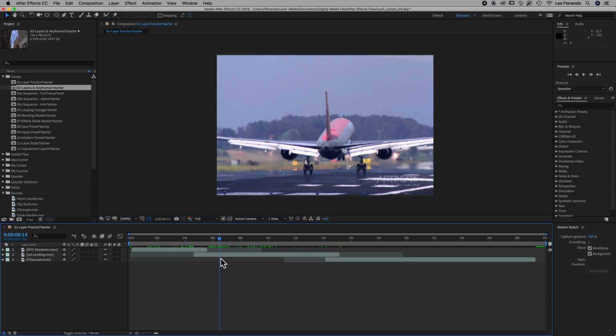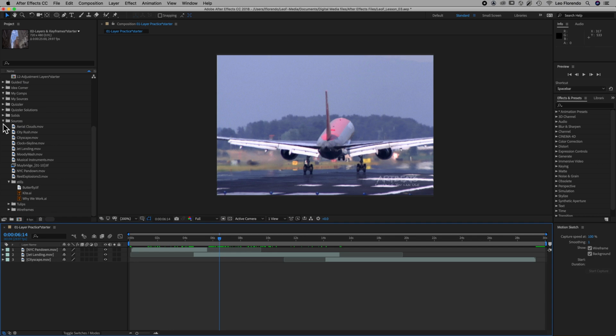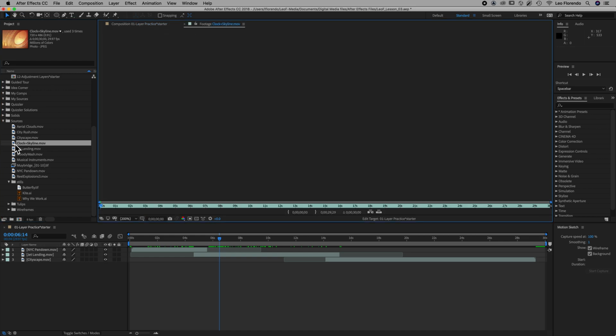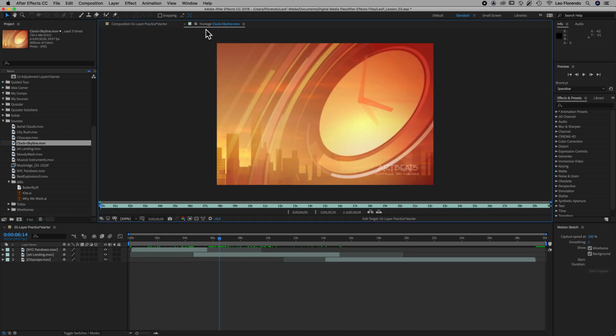So you could manually split this thing and move it aside and stick in another video, but there's another way to do that. Let's go to the sources folder, and I think there is a clock here. Yeah, clock skyline.mov. Now in the project panel, if you double click on the footage, it brings up a footage layer, not a composition layer, but a footage layer, and it has its own little timeline,